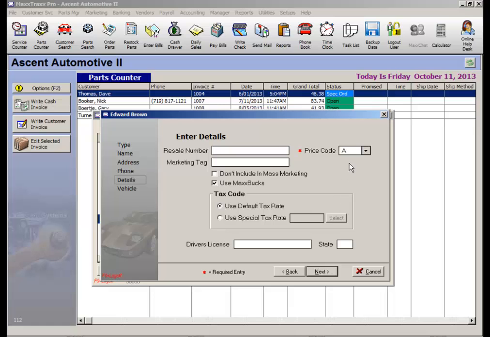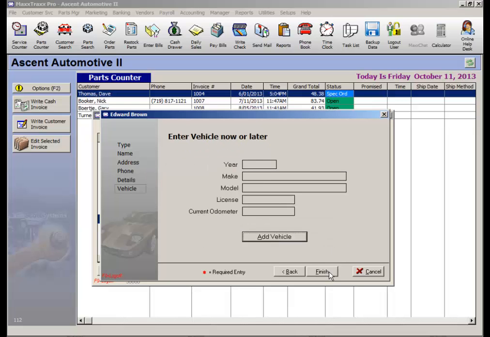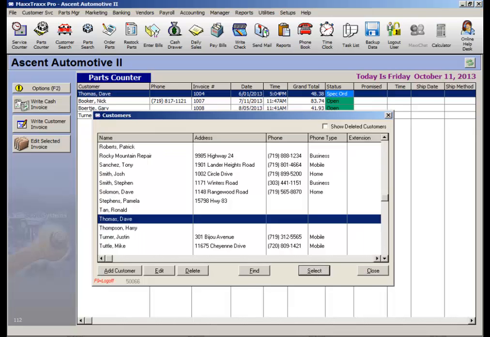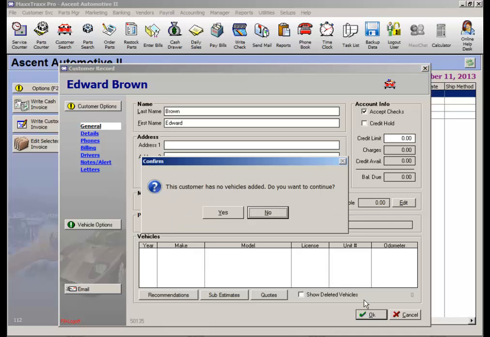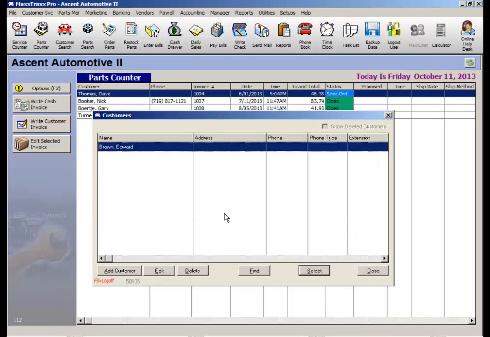Price code, another required entry, defaults to A for the parts pricing level. Click Next. We don't have to add a vehicle for a parts invoice, so I'll just click the Finish button. I can add as much or as little customer information as I want in the Customer Wizard. I'll just fill the rest of the customer information in later, so I'll just click OK. And yes, I want to continue without adding a vehicle. And click the Select button down below with the new customer's name highlighted, or just double-click on the name to